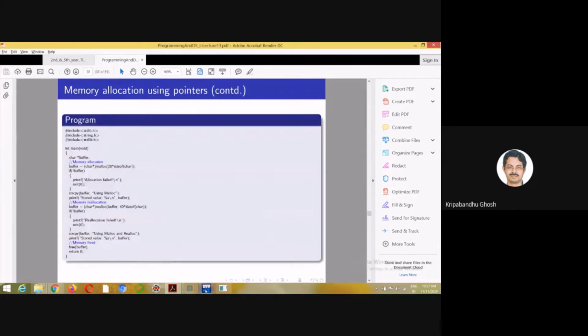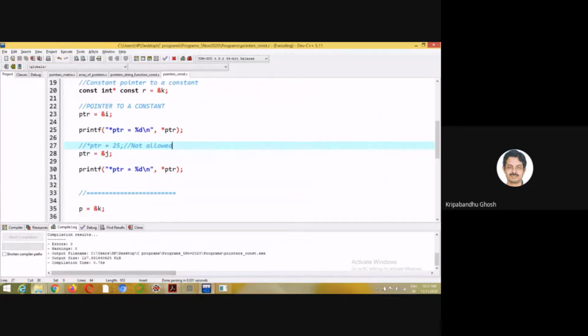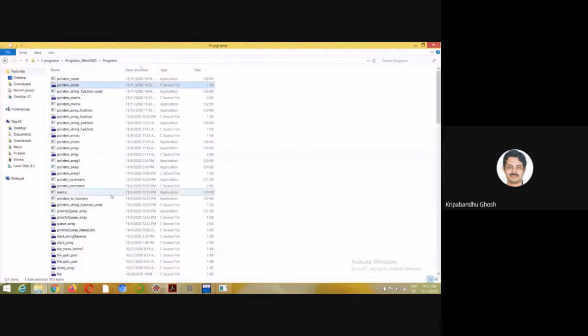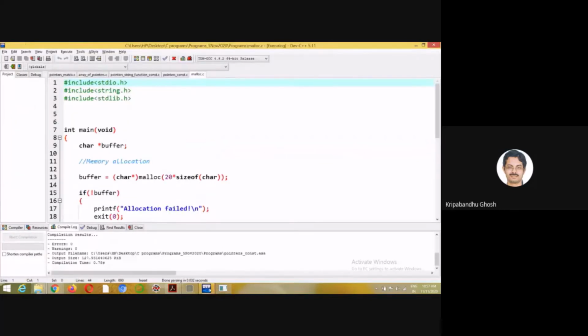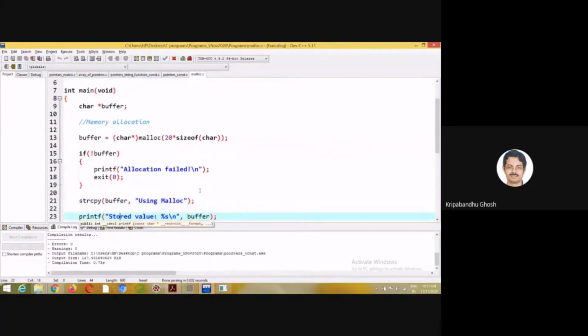If you look at this example, I showed you this in the last class. So char *buffer is a buffer here.